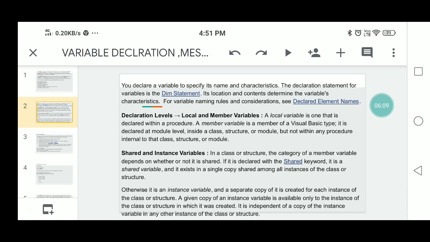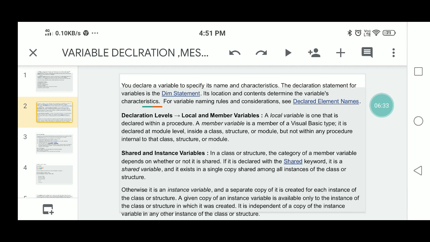So it has a separate copy, created in the structure or class. A given copy of an instance variable is available only to that instance of the class or structure in which it is created.